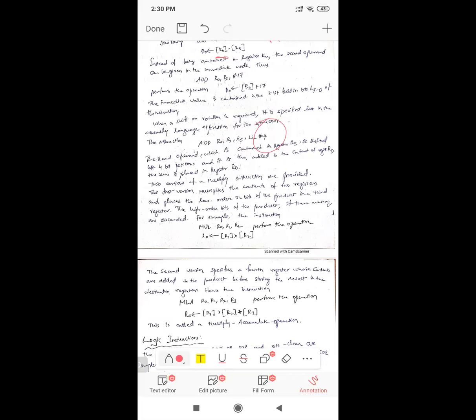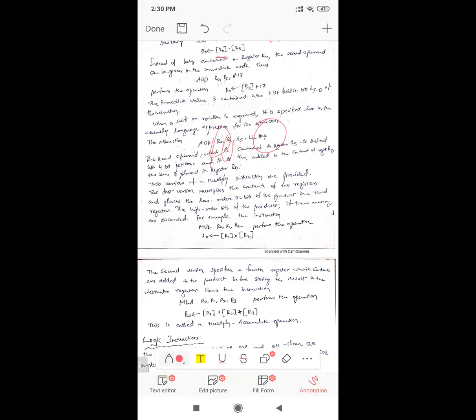to add that content to R1. The second operand is contained in register R5. R5 లో ఉన్న కాంటెంట్ is shifted left logically by 4-bit positions, and it is then added to the contents of register R1. R1 లో ఉన్న కాంటెంట్ కి యాడ్ చేస్తారు. యాడ్ చేసిన తర్వాత the result is transferred to R0. RD లో షో చేస్తారు, ఇది R0. R0 is R1 plus the content of the R5 register after shifting 4 times.